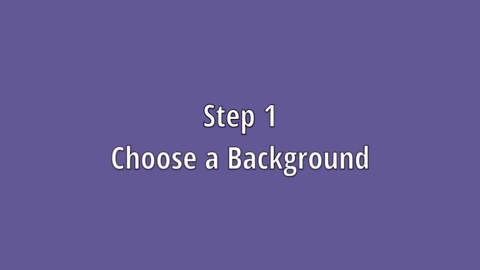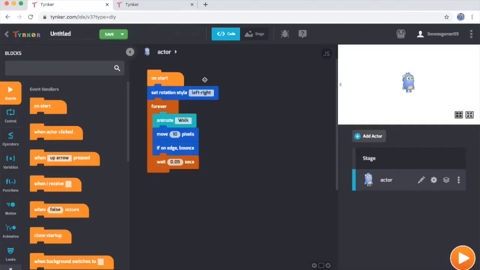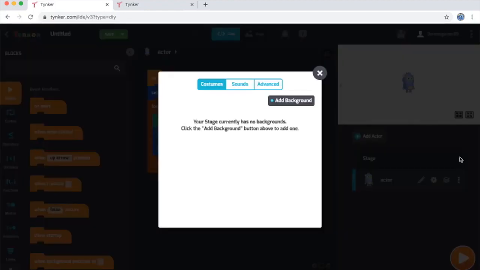Step 1. Choose a background. The first thing you'll want to do when creating this dance party is pick your look. What background do you want the stage to have during this dance party? To do so, go over here where you see the stage listed in the actor list and click on its gear icon. Once you click the gear icon and you see all of the stage's settings, click this Add Background